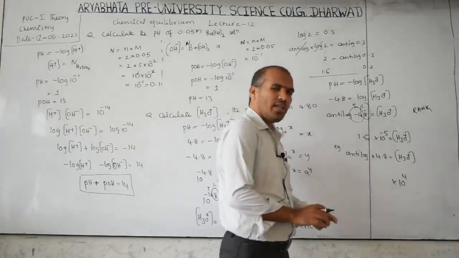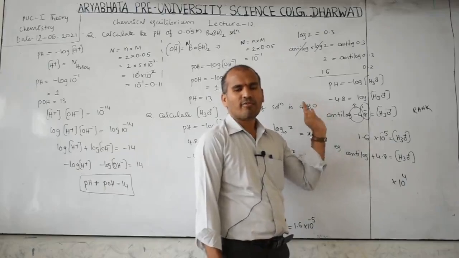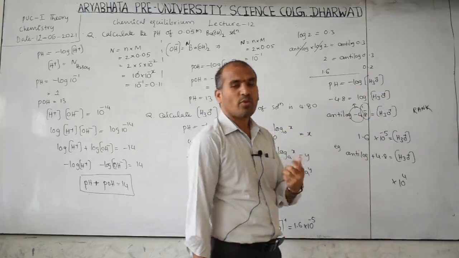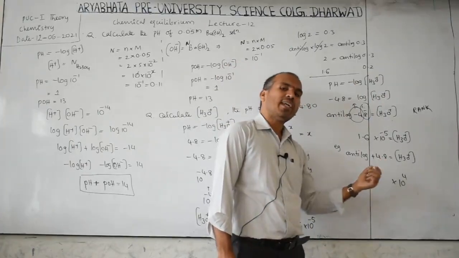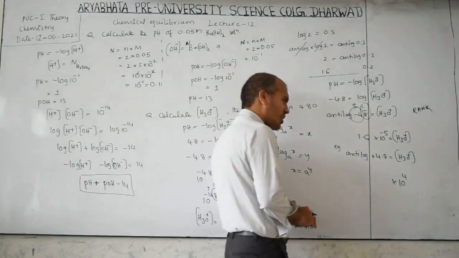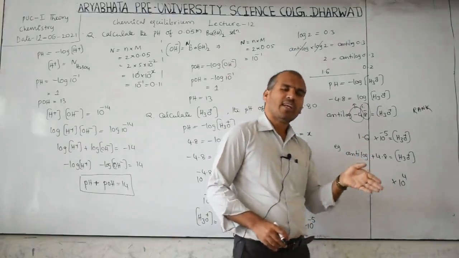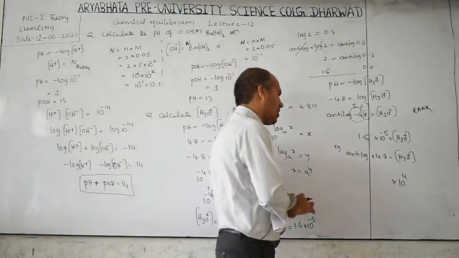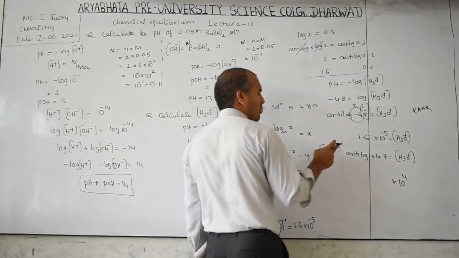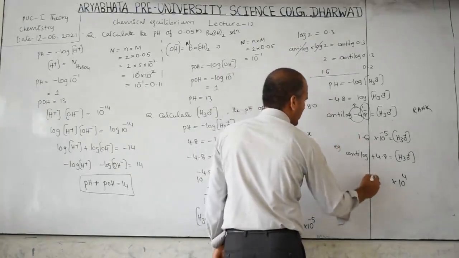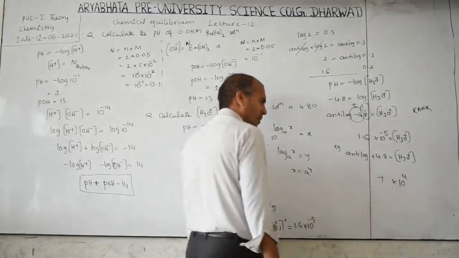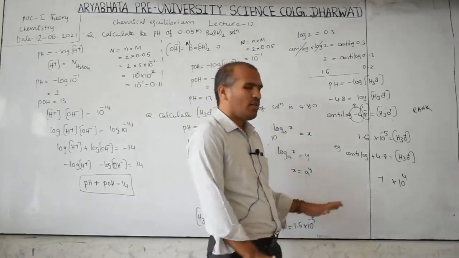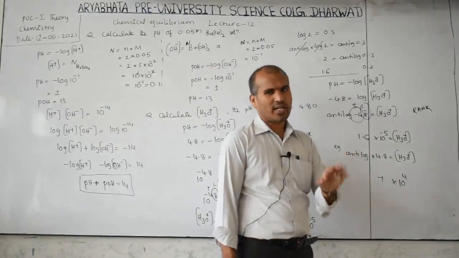Now, already given in the log values, log 5 is 0.6991, roughly 0.7. Here we have 0.8, and log 5 is 0.7. Log 6 I am not giving the exact value, roughly I am giving 6, or nearly 7, you can write 7 roughly, or 6.9, then you will get the answer like this. This is not the exact value, roughly we can give the answer.